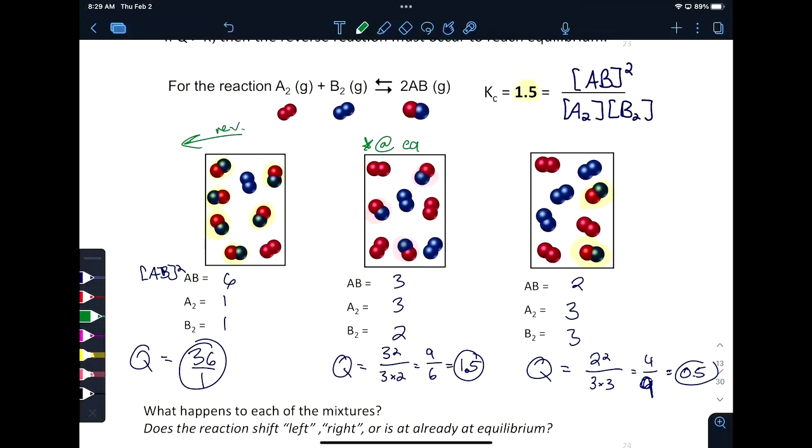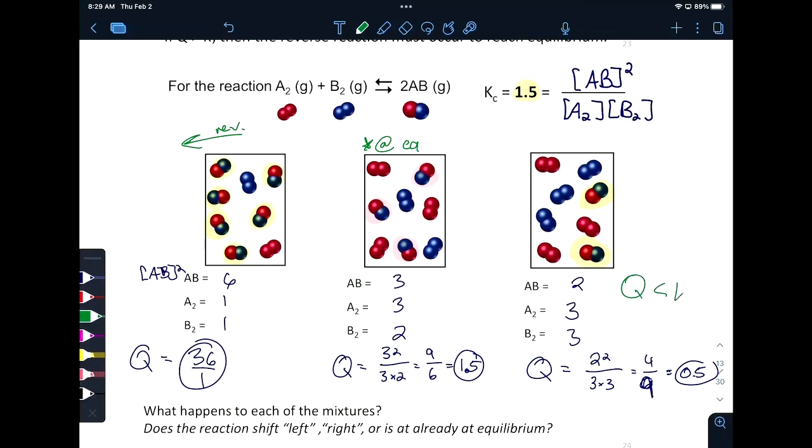All right, so really what happens here is that the reverse rate becomes larger than the forward rate, and it's because of the rate laws. So the forward rate is just happening at a smaller velocity than the reverse reaction. It doesn't mean that the forward reaction stops because this is chemical equilibrium. It's just a smaller value then. And then our third picture here, because Q is smaller than K,